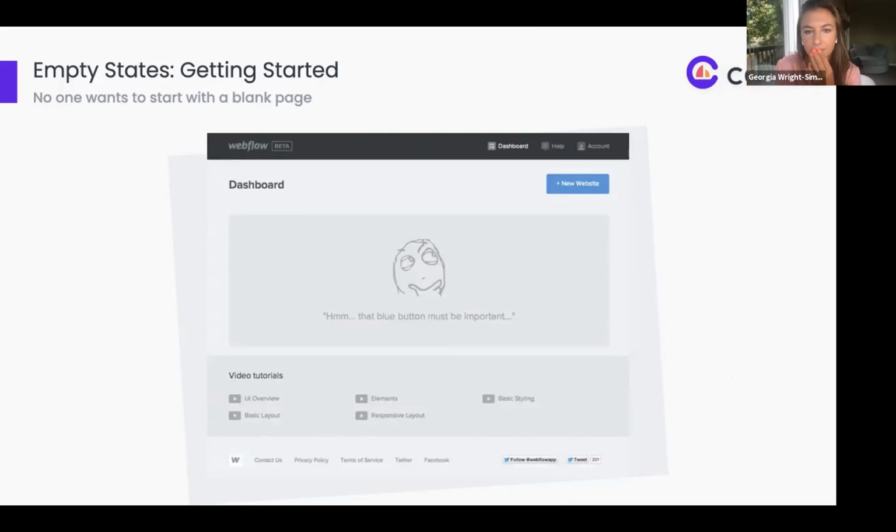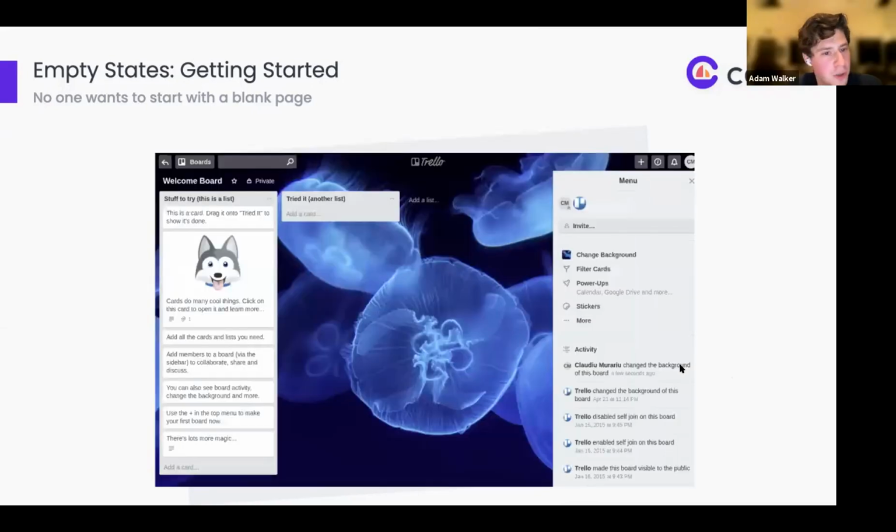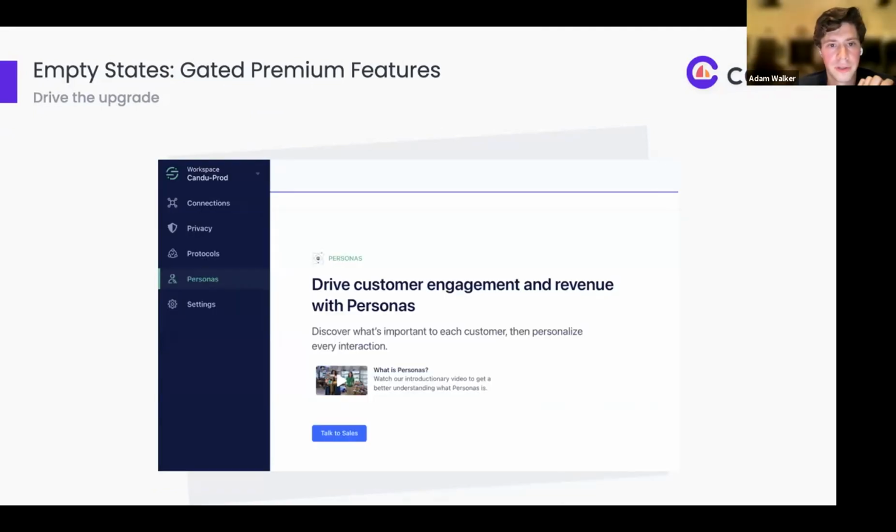Yeah, true. Actually, speaking of which, I've got a screenshot of Trello. They start you off with some pre-populated content. And this is a platform called Segment, which is for tracking your customer data. And so